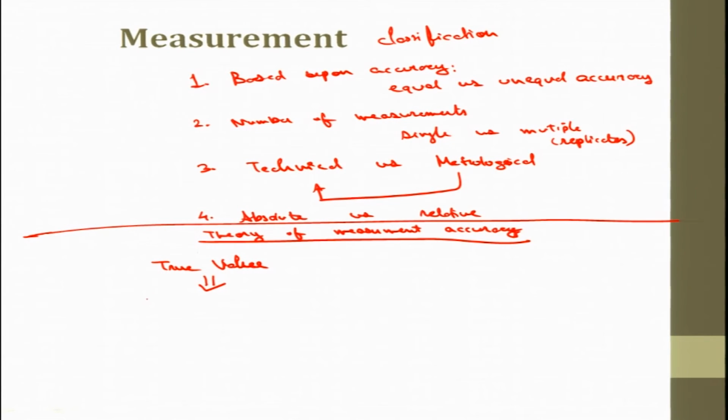So that is the conventional true value. We are not actually working using the true value; we are working using an instrument that can measure closest to the conventional true value. So then, based upon the conventional true value,